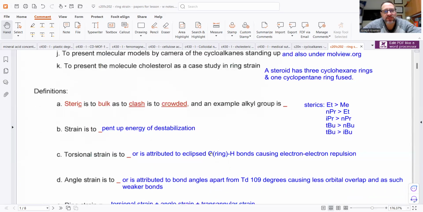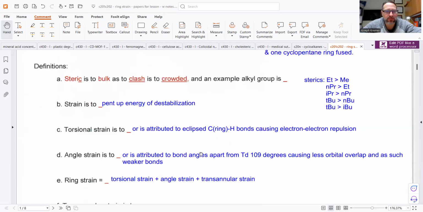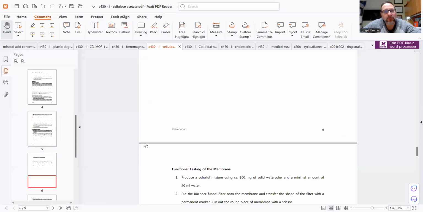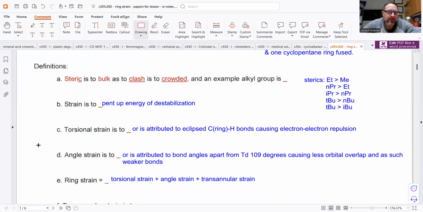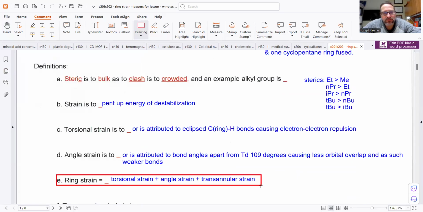Okay. So torsional strain, and it gets down to it because remember, ring strain has three components to it. Ring strain, the total pent-up energy in a ring, is a little bit of this, a little bit of that, a little bit of that. Torsional strain, add to angle strain, add to transannular strain. So torsional strain, may I explain? So torsional strain,